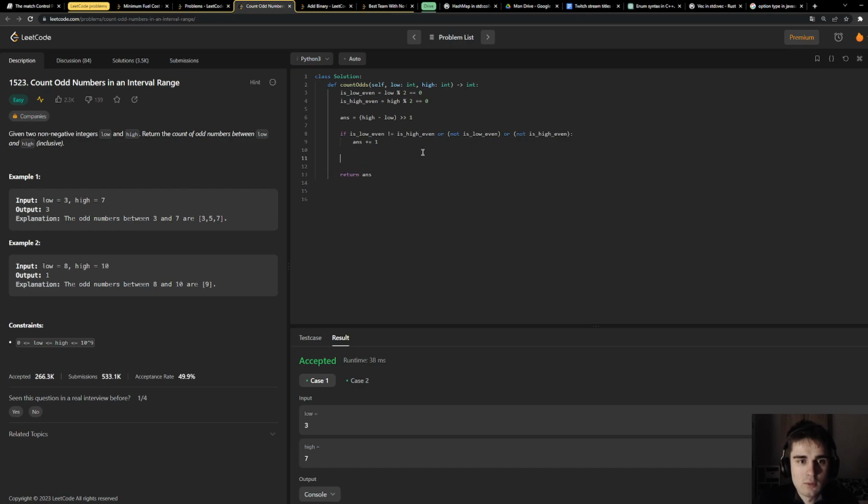But let's verify. Let's say that I have 1, 2, then 1, 3, then 2, 4. So this will give me 1 because this condition will be true. This will give me is low even true too, because one of these two conditions will be true.